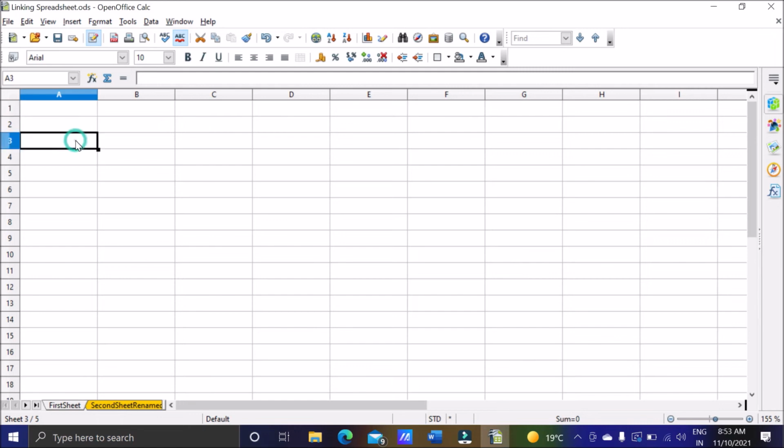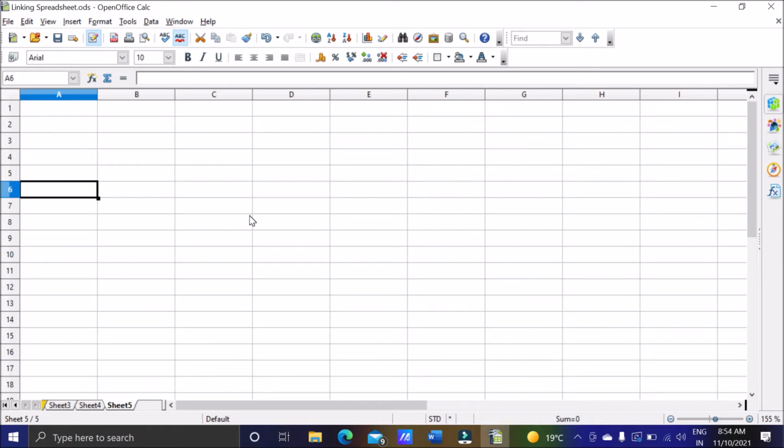So suppose I am using sheet number 3. Suppose in sheet number 3 I have data 78 in A3, and in sheet number 4 I have data in A8, that is 89, and I want to add these two in sheet number 5.